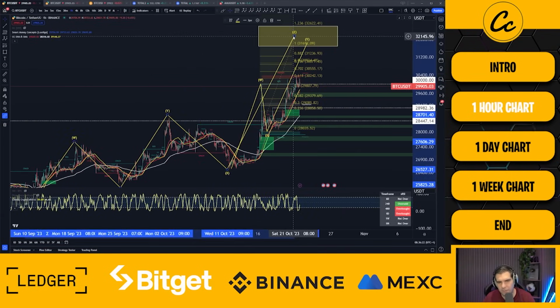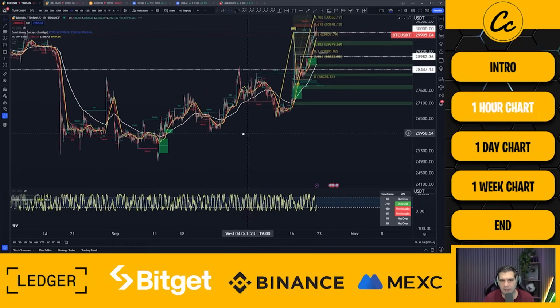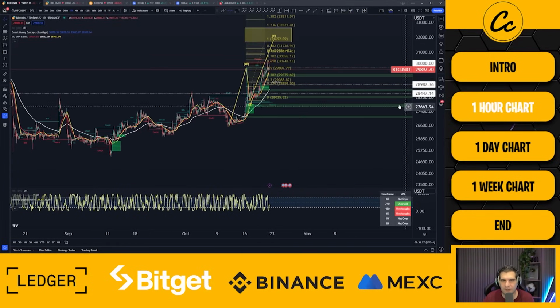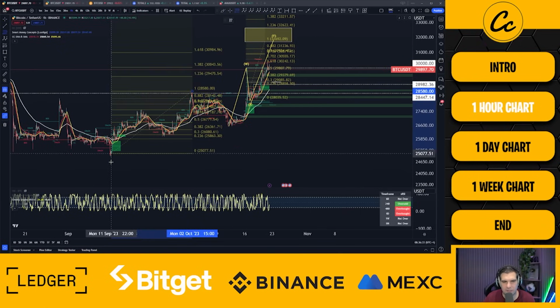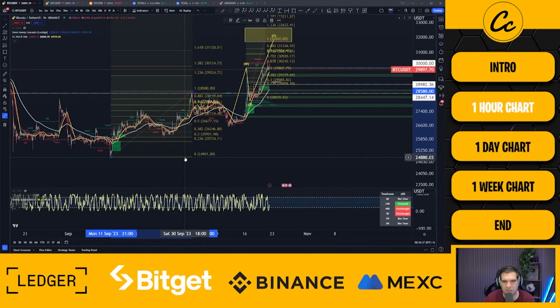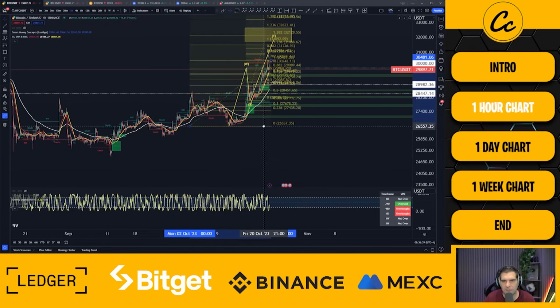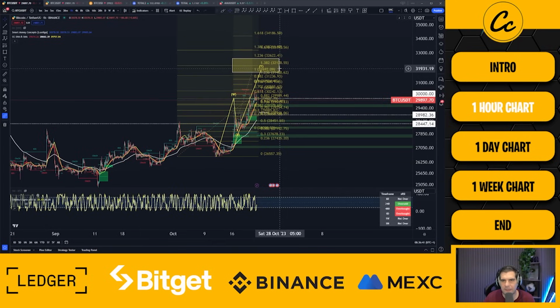Now, the other thing to bear in mind is that we could be looking at this all from a different point of view as well, and it's not a Z-wave. And actually what we've got going on is a bigger three-wave pattern from our lows down here, which if I snap it in right there at 24,901, and move this over to here, you can see that our Y expectations here actually fall in line more with a slight overextension on the 1.236 and the 1-to-1.